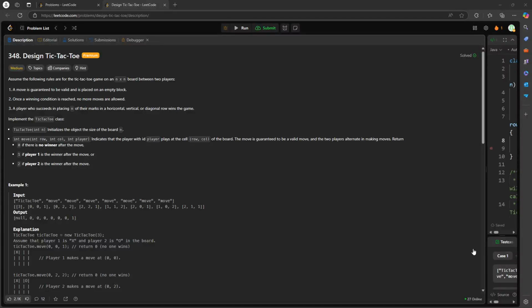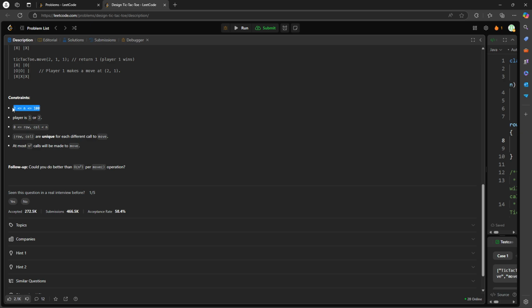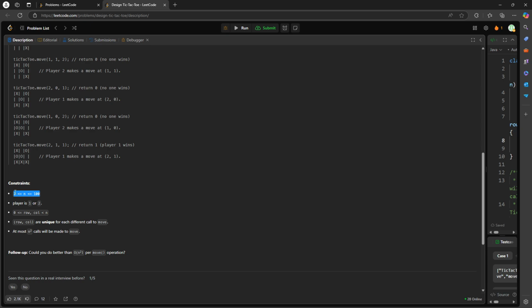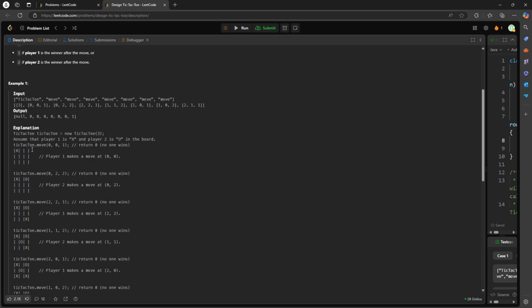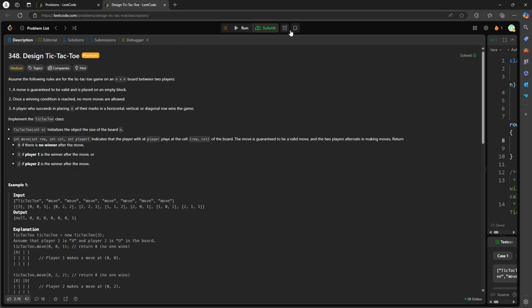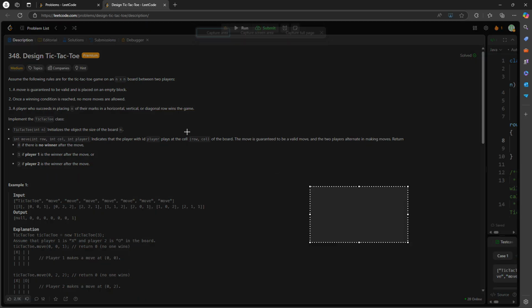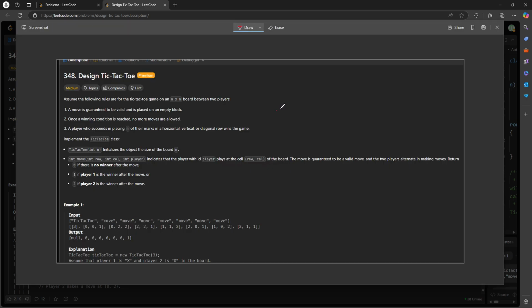Hi, this question is designing tic-tac-toe. Given a matrix, the board is going to be of size from 2 to 100, so it doesn't matter if it's 3 by 3 or 4 by 4. The way of winning tic-tac-toe is you have row,